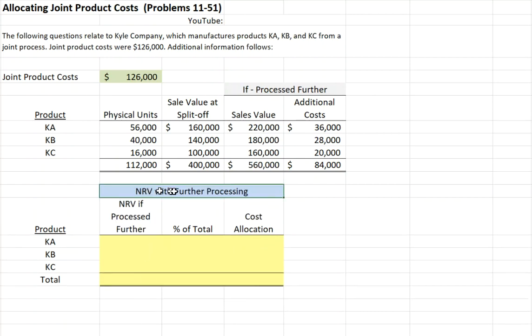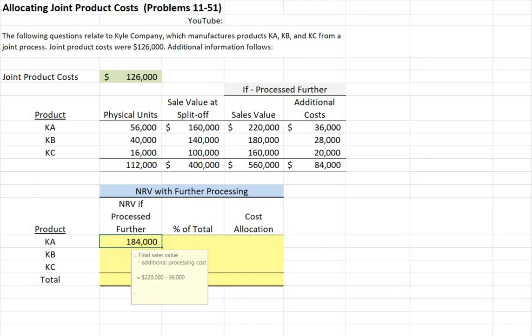Finally, we're going to allocate cost based on net realizable value with further processing. We're going to need to first calculate that net realizable value. We have our final sales values, and we have our additional costs. Our net realizable value then will be the final sales value for product Ka of $220,000 minus the $36,000 in additional processing costs. So our net realizable value with additional processing will be